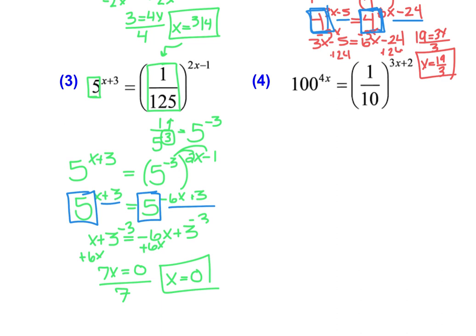Finally, in this fourth example, what I notice is I have an interesting situation here. I have 100 on the left-hand side, and I have 1/10, which is 1 over 10 to the power of 1 on the right-hand side. Because they both kind of are 10, 100, whatever, I'm going to try to rewrite them as bases of 10, but not in the denominator. I want the 10 up in the numerator. So let's start with the 100. I'm going to rewrite the 100 to be 10 squared,